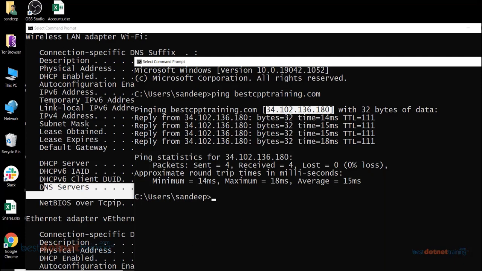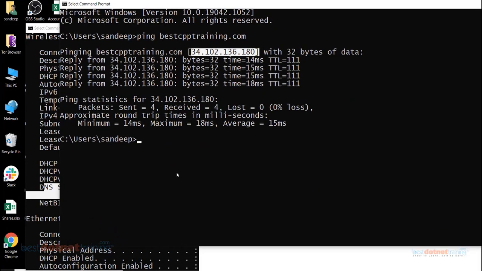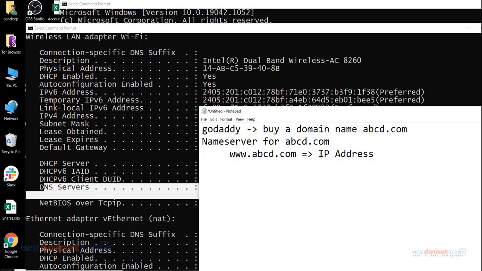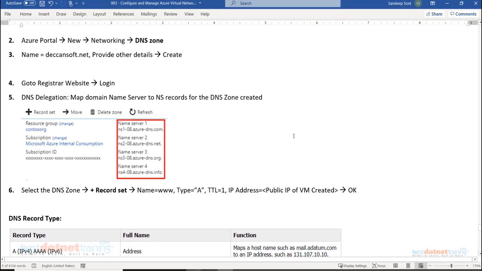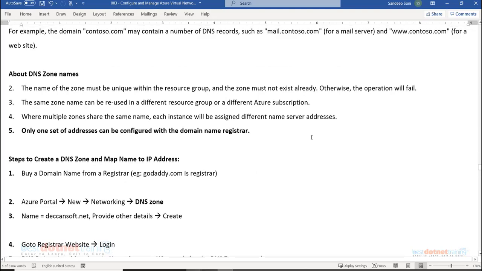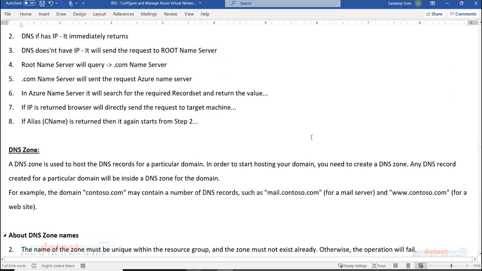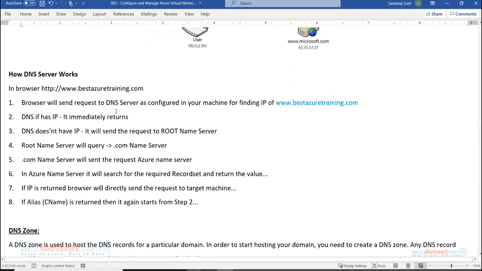So let me clarify once again the whole story here. Suppose you want to host a website. What are you going to do? You will buy a domain name from somebody like GoDaddy. GoDaddy will give you a DNS panel, control panel, where domain names can be mapped to either an IP address or another domain name.